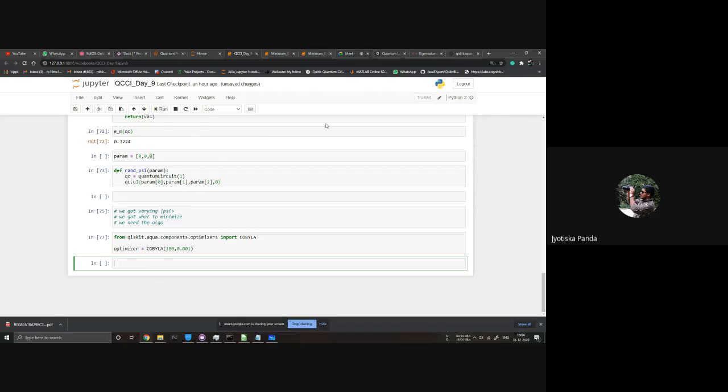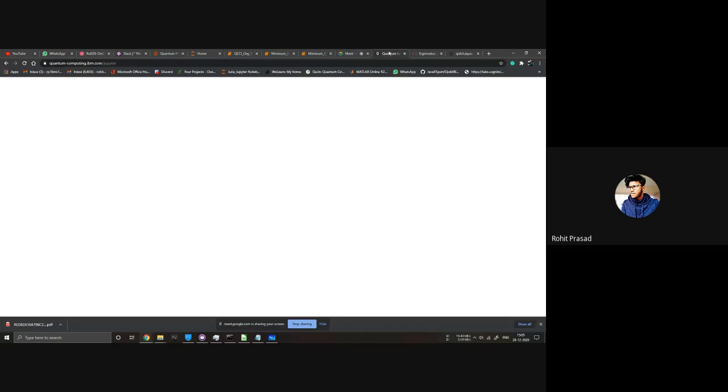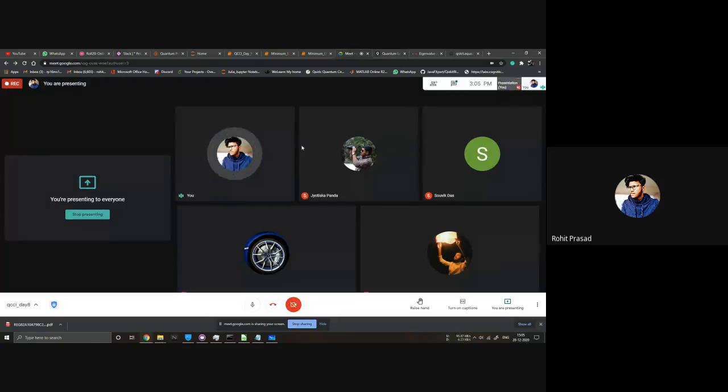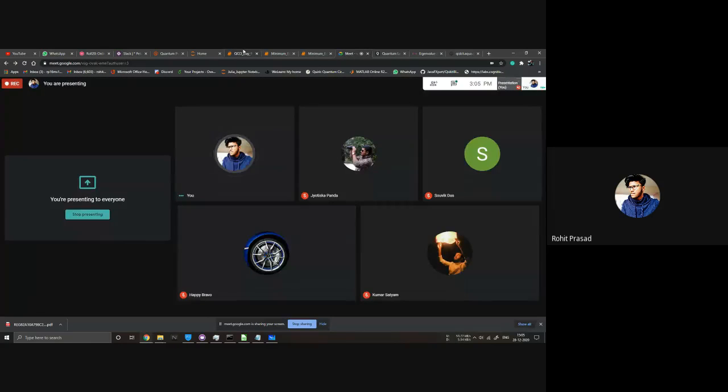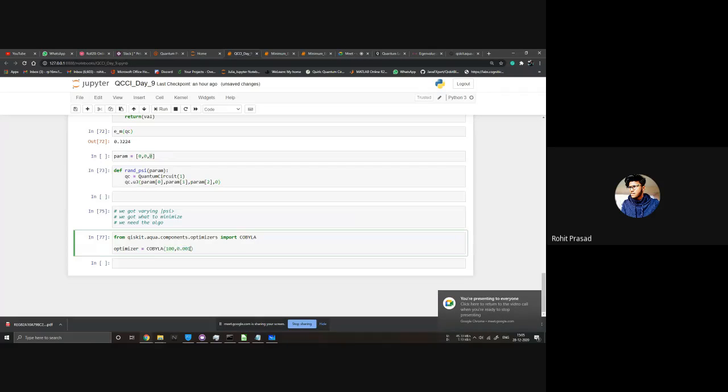Yeah, tolerance means the value of epsilon. Yeah, it's kind of that. Right? For gradient descent, the epsilon remains the same, but for COBYLA, the epsilon changes with time, like it changes with the number of iterations. So this thing is something like that, but not exactly that.